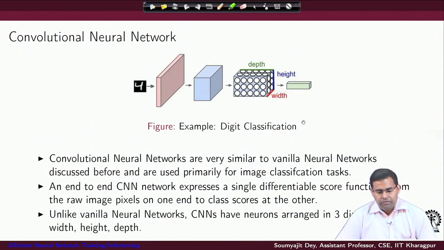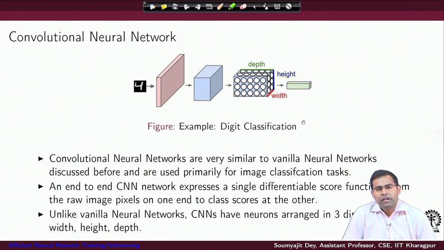So, from this point, let us switch to another alternative neural network architecture, which is better known as the convolutional neural network. Well, this is very similar to the normal neural networks that we have already discussed, but they are also specialized, in that their architecture is tuned towards image classification tasks. So, what is special about image classification tasks?